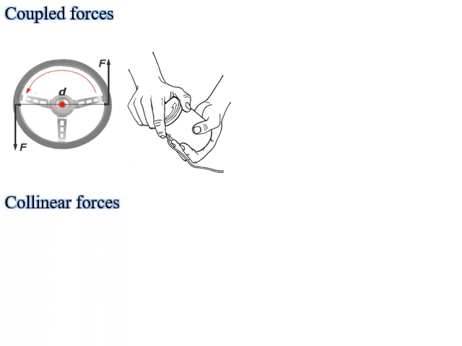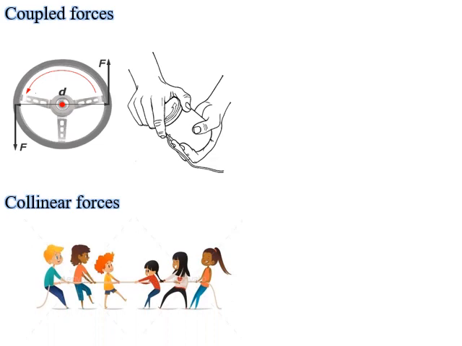Another force is collinear force. This collinear force actually acts along the same line. Here the net force will be zero, or the forces cancel out on either side. The force acting on the right hand side and the force acting on the left hand side, if equal, will always cancel out and the net force will become zero. So most of the time collinear forces will cancel out, giving no force along the line.